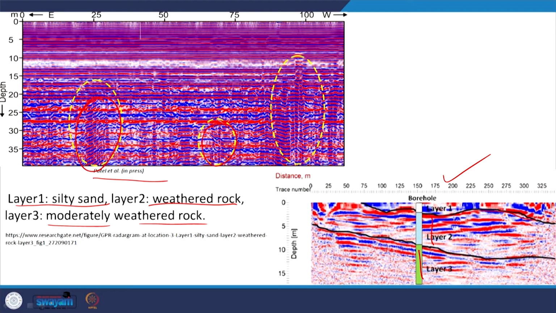So, weathering, which is a geomorphic process. That means either it is a seismic profile or a GPR profile, through which we are unraveling the geomorphic processes acting in the recent or ancient geological past, that is fossilized there, and we are able to extract and interpret it from the seismic profiles and the GPR profiles.